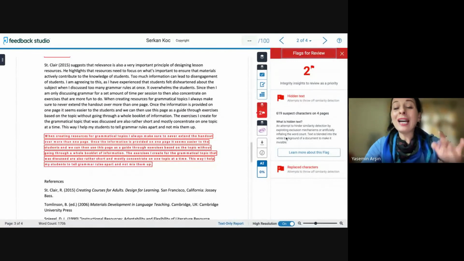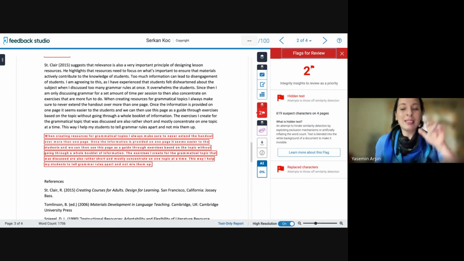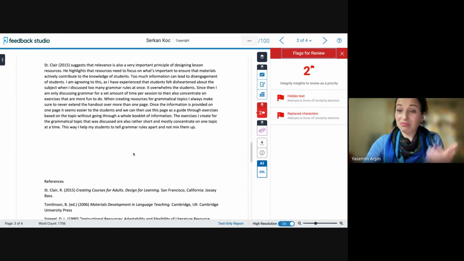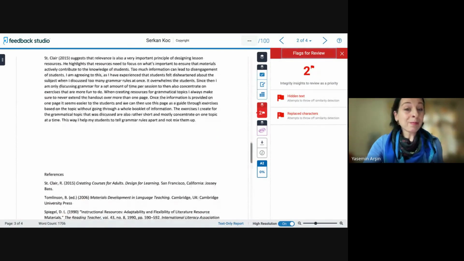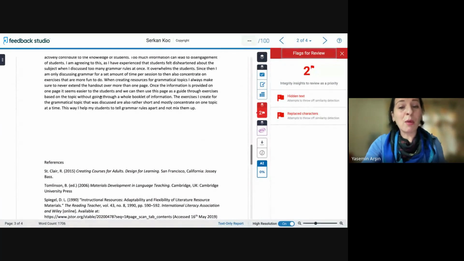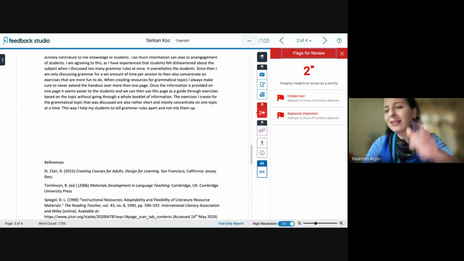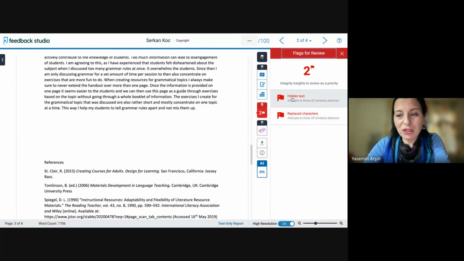So students sometimes hide the whole paragraph to inflate the word count. You tell them to write an essay of at least 2,000 words. They are stuck at 1,800. They can hide a whole paragraph. In the original file, I don't see anything wrong because this paragraph marks the end of the essay, and then references start. Okay, the student would like to show me that the essay is over. All right, this might be my perception about it.